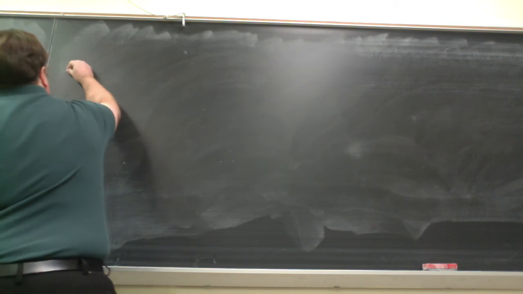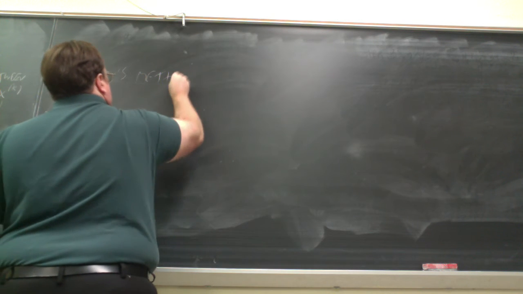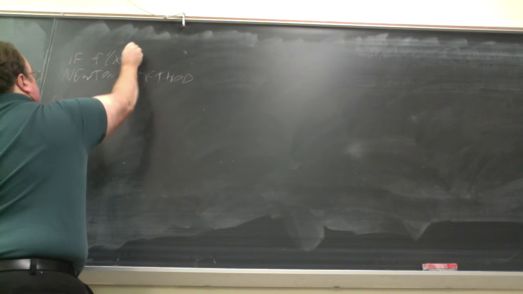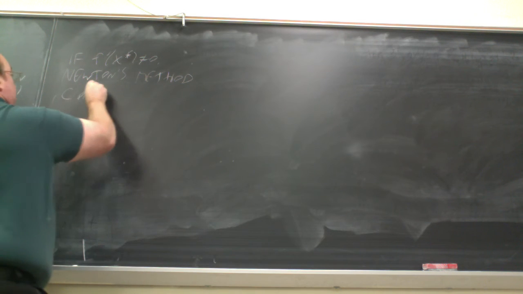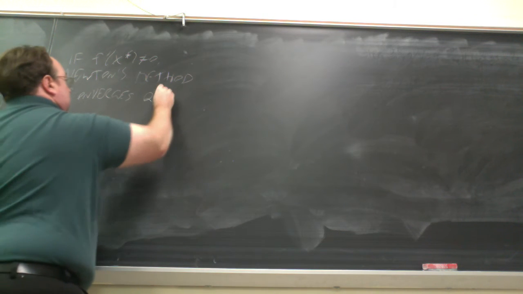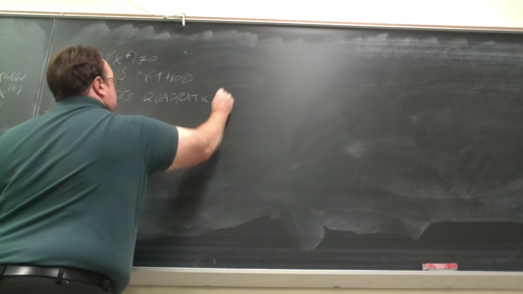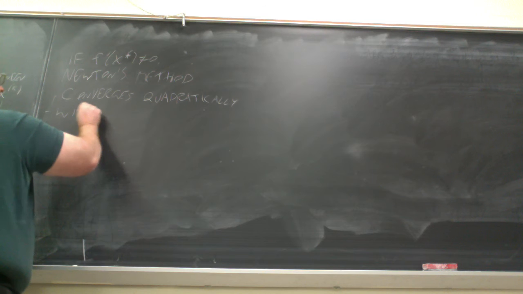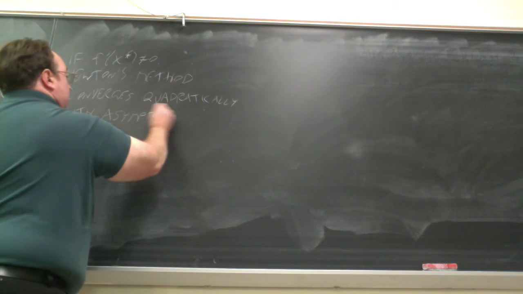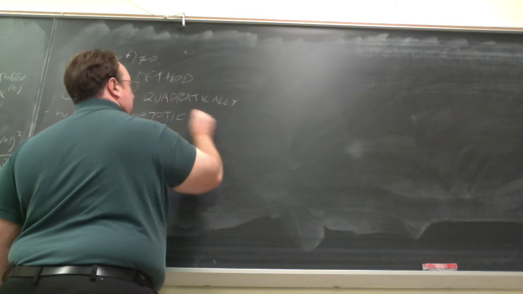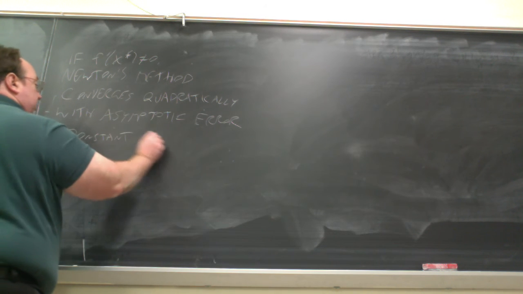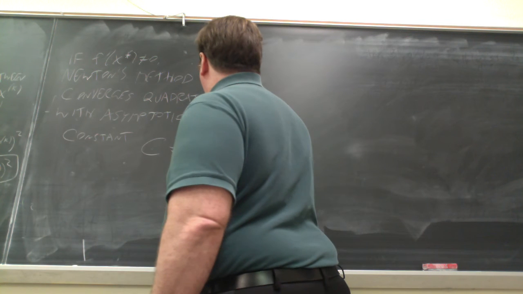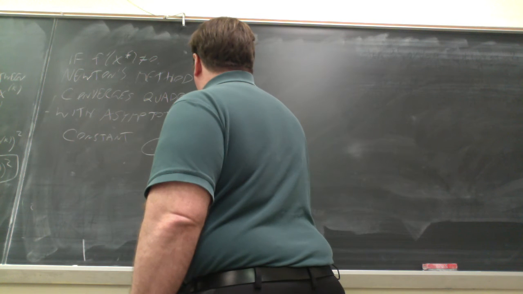Okay. So, if f prime at the root is non-zero, Newton's method converges quadratically, with the asymptotic error constant, which I've labeled C in the past, being f double prime at the root over 2 f prime at the root,